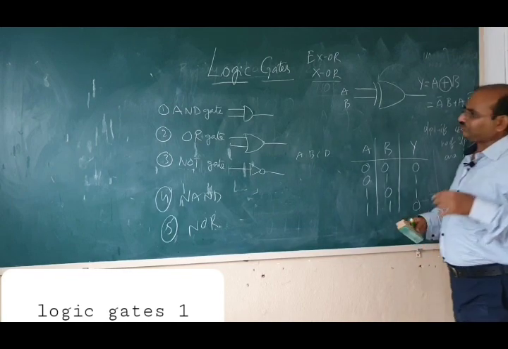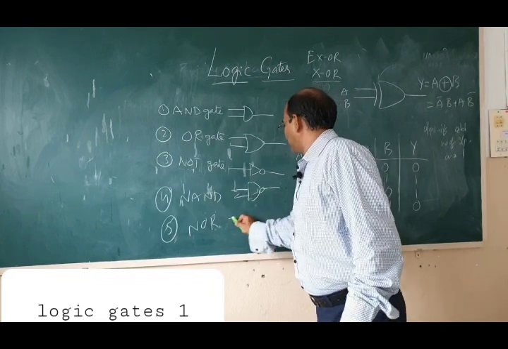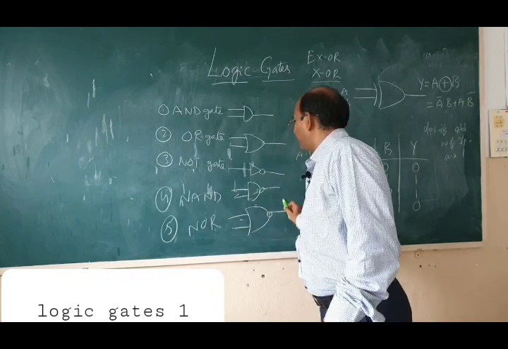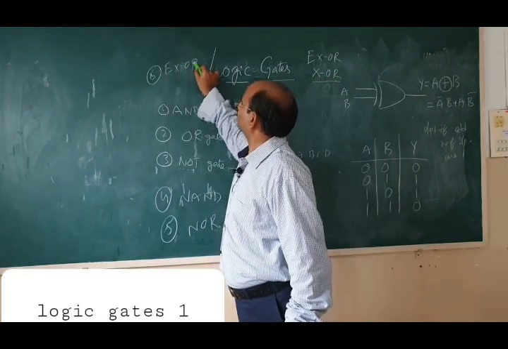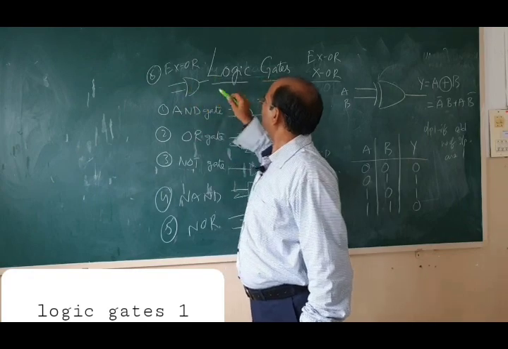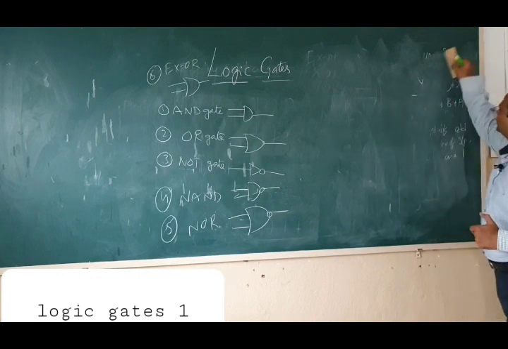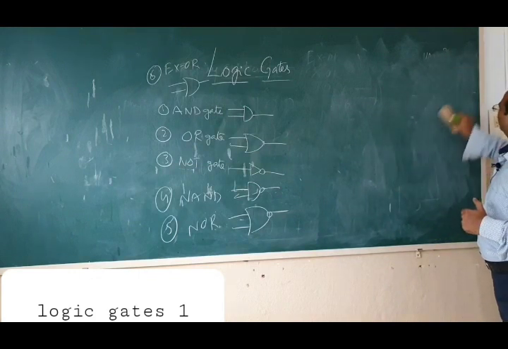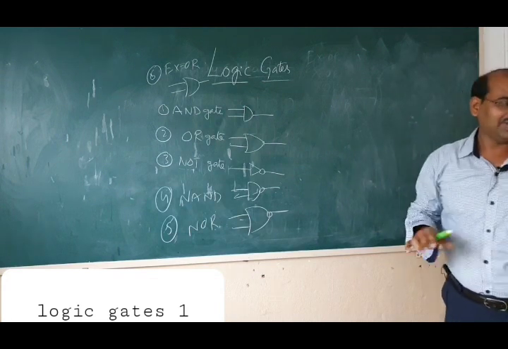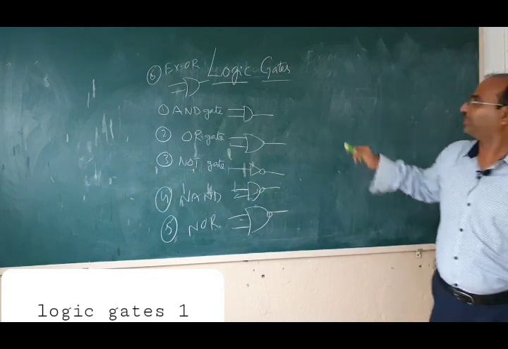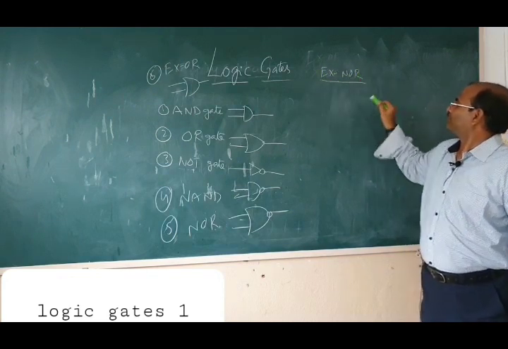And finally, we have discussed the NAND gate, this is the NOR gate, and the 6th one I am writing here, XOR, this one, and the last and 7th gate we discuss here is XNOR. Generally, as per your syllabus, it is not required. We don't use it anywhere, but this is also a popular gate, right? We call this XNOR.